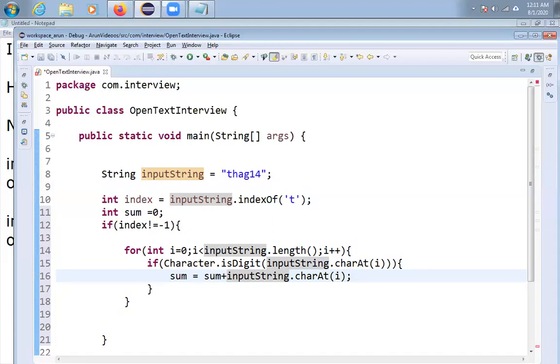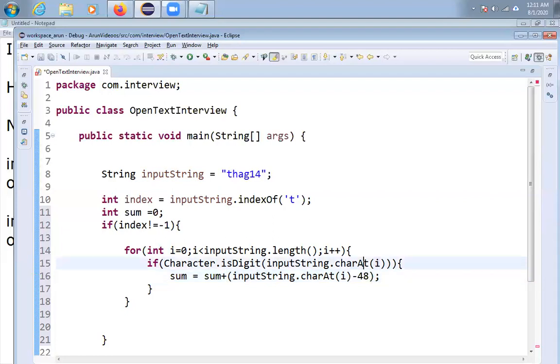So what I am doing, very simple, friends, I am subtracting one number from this one, minus 48. You have to subtract 48, then you will get the actual digit value. Otherwise you will get the Unicode value of that character.